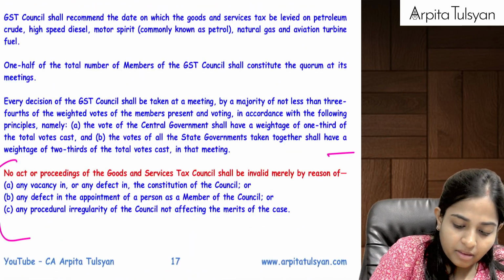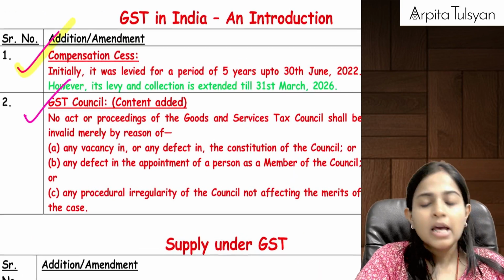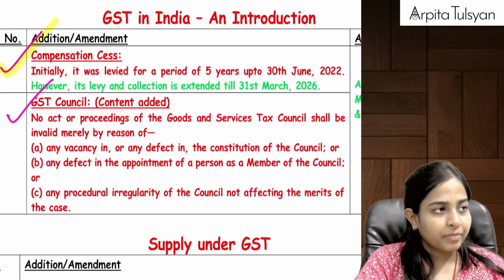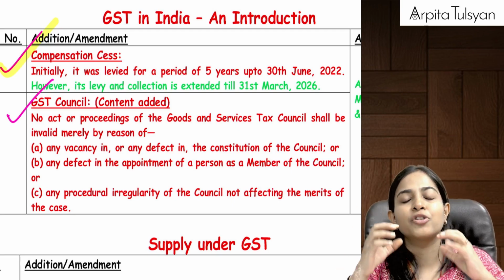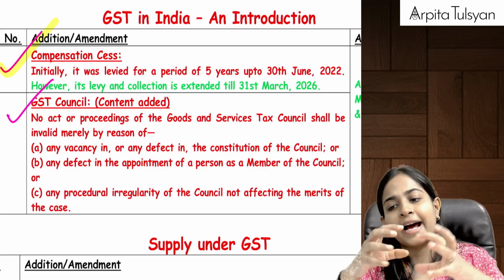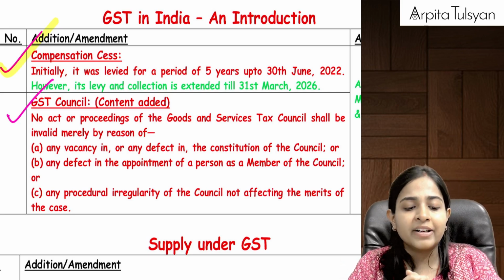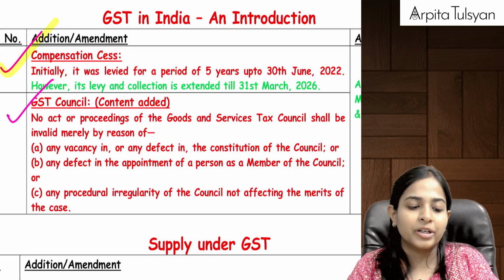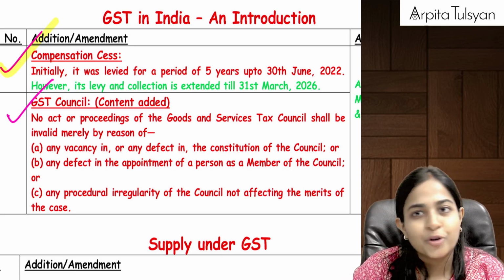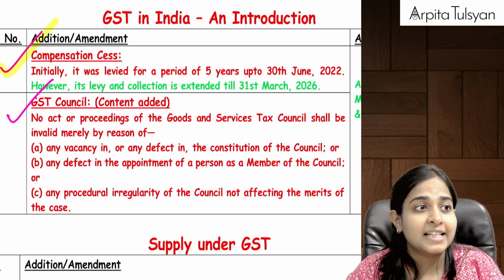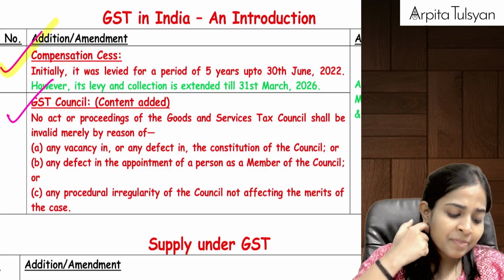I'll show it to you in your amendment notes, so that you can make a note of it later. Now see, the GST council was a council which had many members within it. It was chaired by the finance minister, then it had many people representing the states, many people from here and there, etc. And then they were giving the recommendations, right? Their functions included giving recommendations on what should be the rates of GST, on which items exemption should be there, which states will be categorized as special category states, and all those things we had studied in the GST council. Okay, now see what they are telling us here.